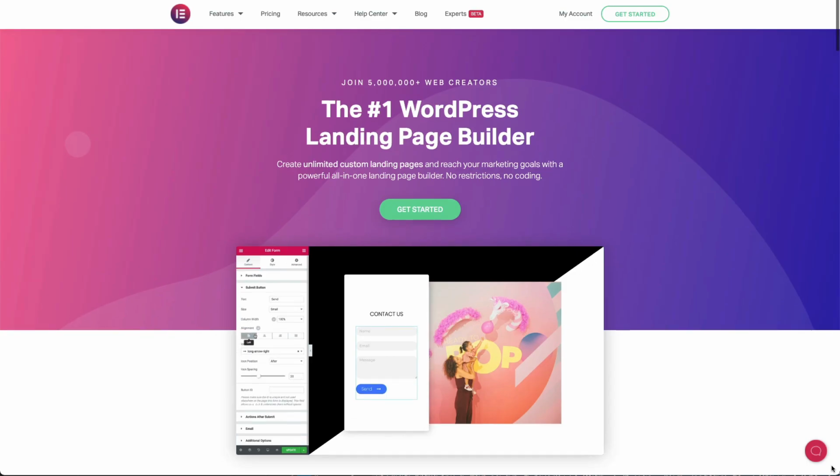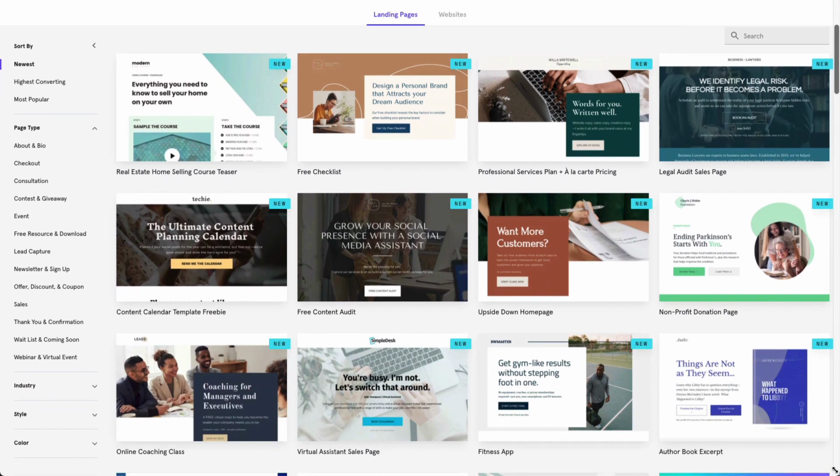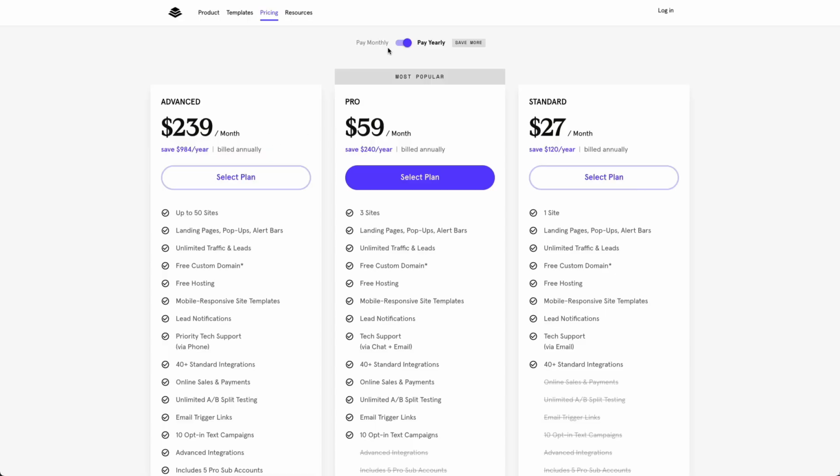Otherwise, the second way is to use WordPress in conjunction with a plugin called Elementor. Another service that you could use is called LeadPages, and that's fully dedicated to just building landing pages, and it is a little costly if you are going to pay monthly or yearly. Obviously, yearly is more cost effective, but it does provide many templates to choose from. So all you need to do is just choose from one of the templates, customize a bit, and then add your email marketing platform. So if you're using ConvertKit, just add your ConvertKit API key or whatever it is that they need to integrate it with LeadPages.